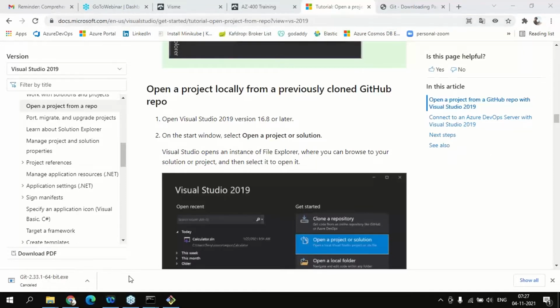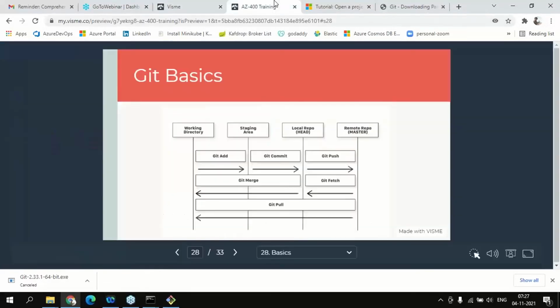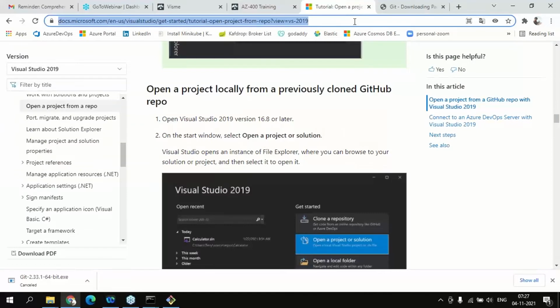Okay, team. So currently, right, team, you are good on the local repository part, right? So the basic things you have understood, like add, commit, git push. Okay. So the next one, we will create the repository in the Azure Repos, and then we'll see. Okay. So for example, I am opening the